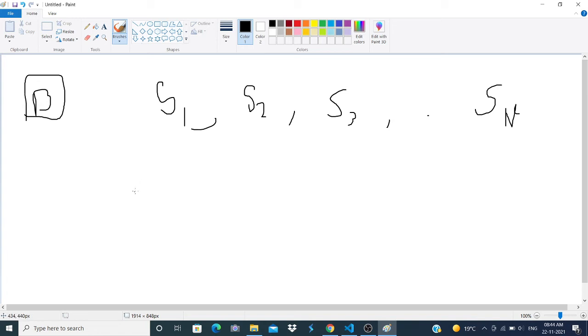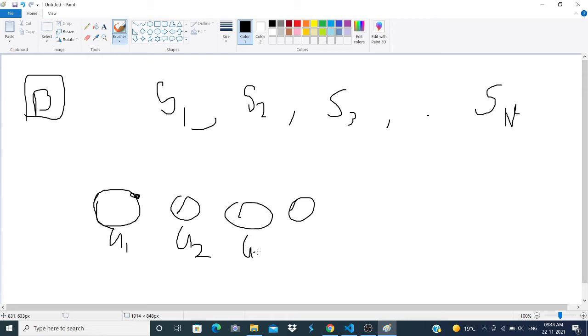And there will be some guests, and each guest will have some required slipper size, and they come in a line. Let's say this is the first guest, this is the second guest, this is the third guest, and this is the fourth guest.